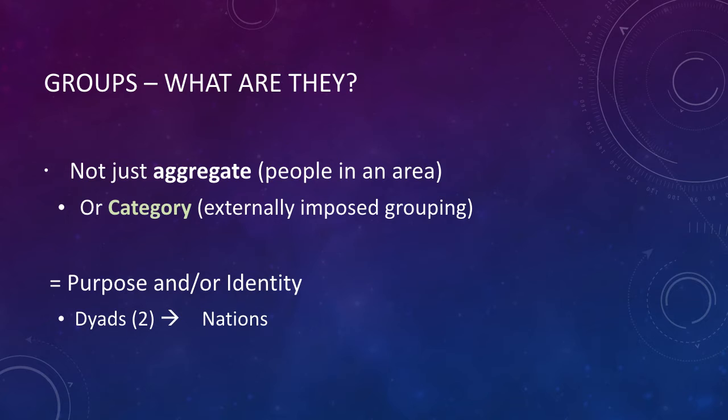If we think about racial identity, we group people as Latin American or Latinx, but most of the people who fall into that racial category actually identify more with a particular national lineage, so Puerto Rican, Mexican, Cuban, and have very different identities and histories around that. So groups are not just aggregates or categories, they are gatherings of people with a shared sense of purpose and/or identity.